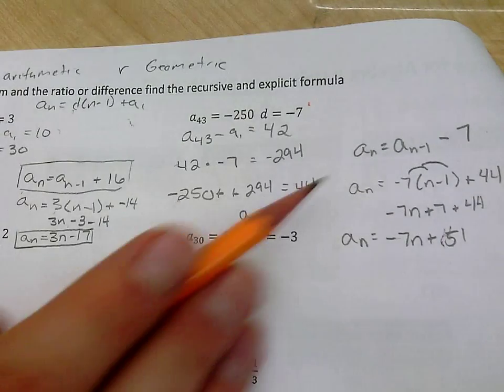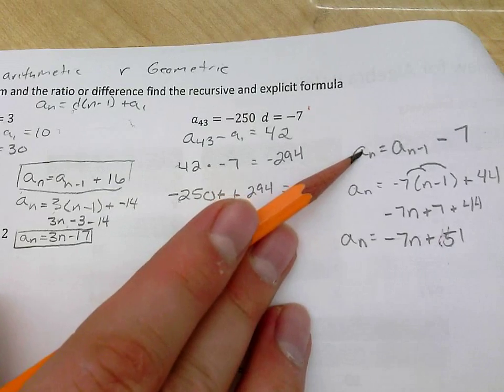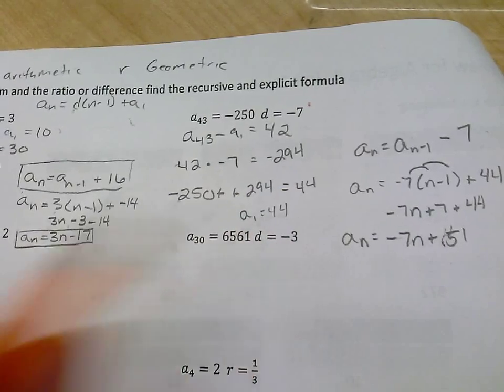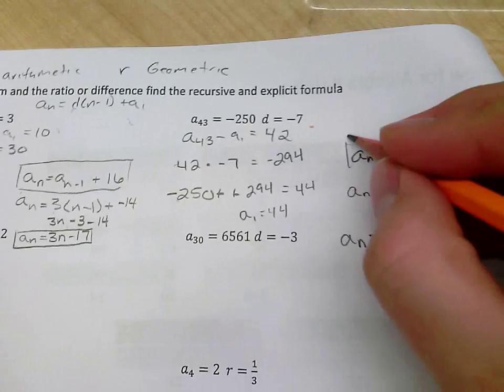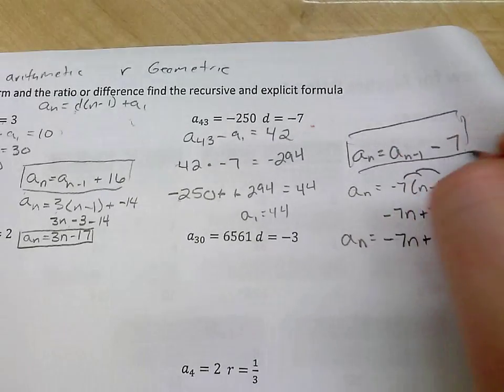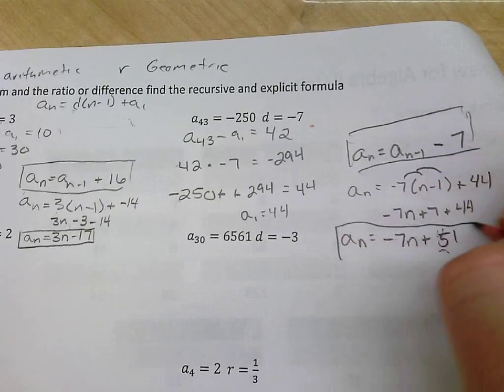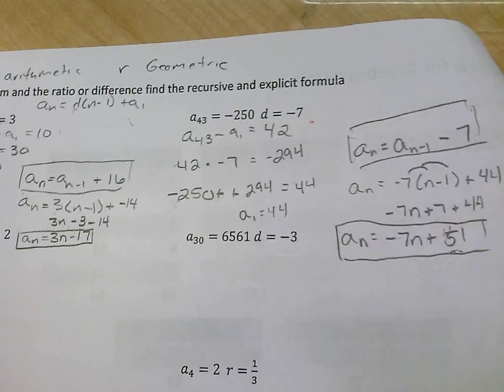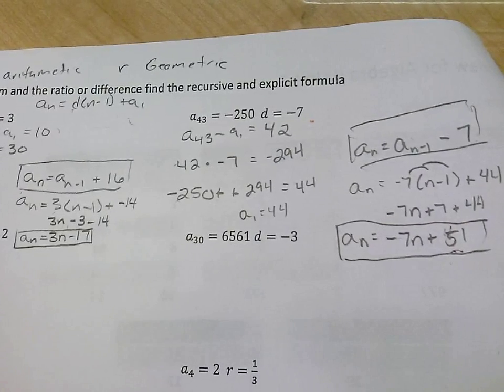And those are your two answers. This is your first answer, the recursive formula. This is the explicit formula. Remember, these are two separate equations. They mean the same thing, but they're two separate equations. Okay. This one right here,